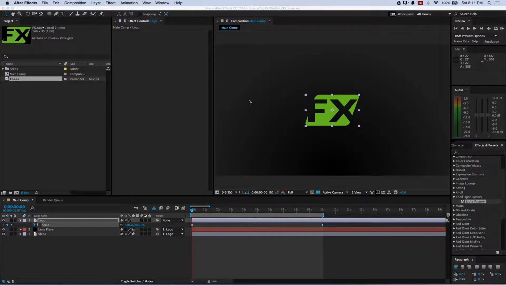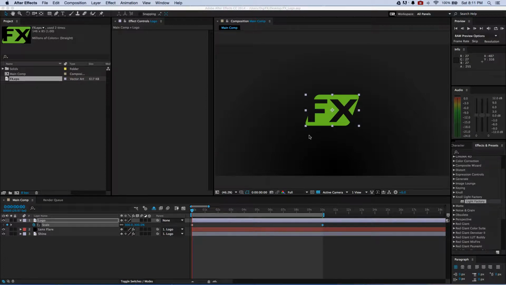It's important to always save your projects because you never know when the lightning storm's going to hit your power surge box, or your computer's going to crash. So I always encourage you to save multiple different versions of your project as you progress and add on to it, because After Effects tends to get a little bit nitpicky when you have really intricate advanced projects. For something like this, it shouldn't be an issue. It's only a few layers with very few